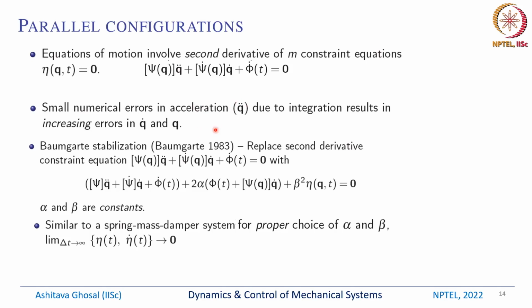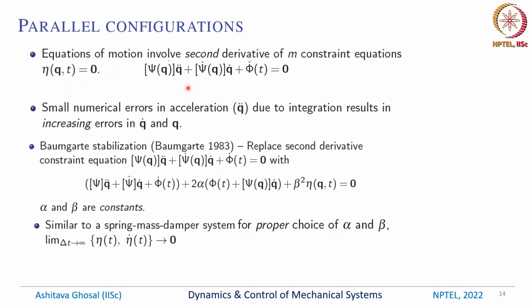This c1 and c2 can always arise due to the numerical solvers. We are using numerical techniques to solve the differential equation, so it will never exactly satisfy the constraint equation. There will be some small changes, and because we are using the second derivative, they will slowly grow with time. So Baumgarte in 1983 proposed a way to try and solve for eta of q, t